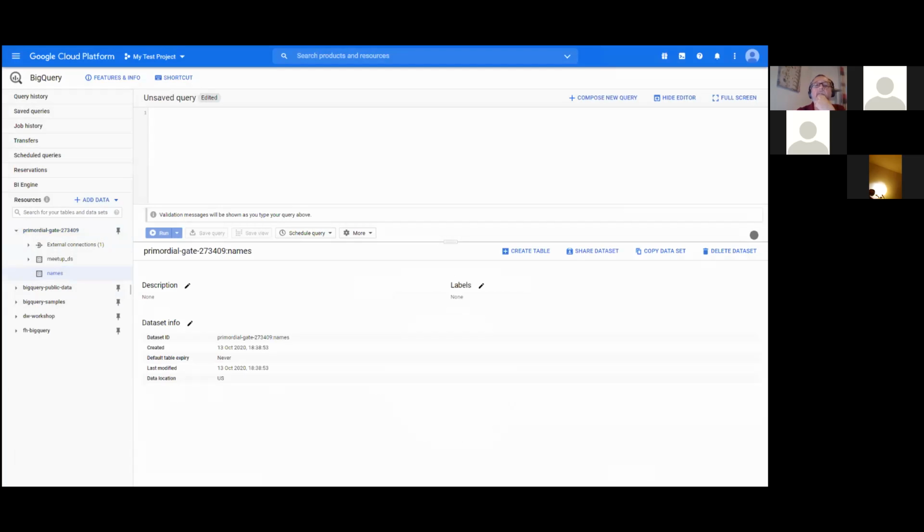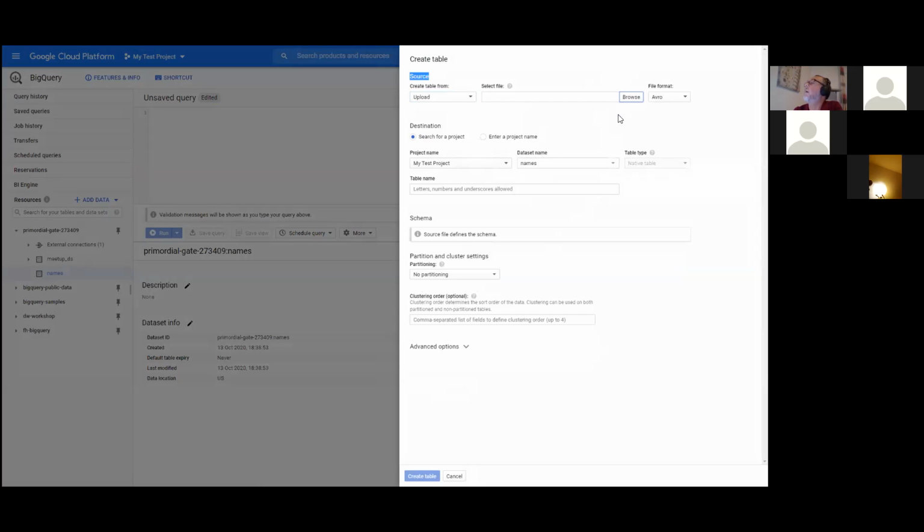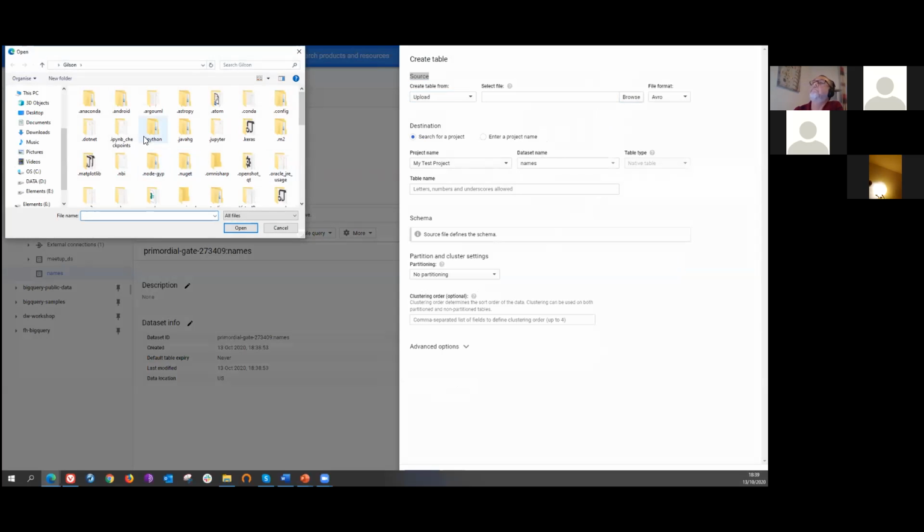So next time, I can transfer data there by stream, as I said. I can transfer data there by storage or by file, like JSON or however. You just need to come in here and say create table. From here, I can upload the file instead of an empty table. I can upload the file. I browse the file and